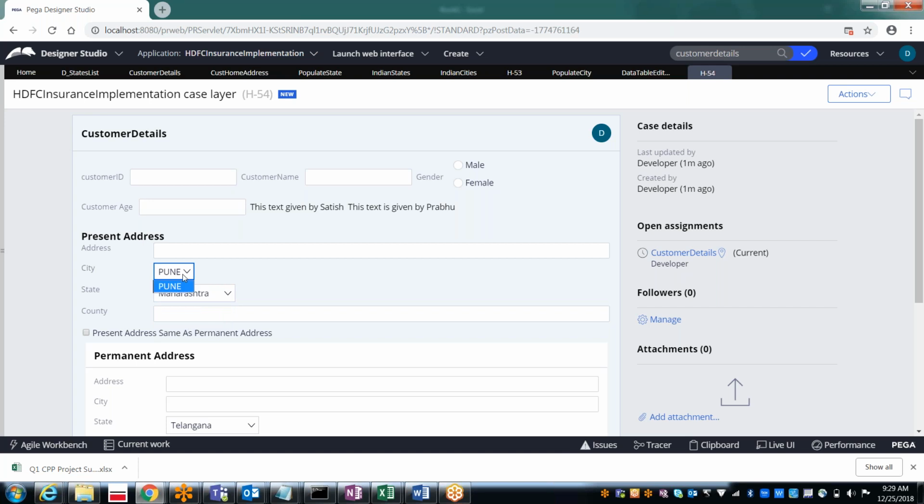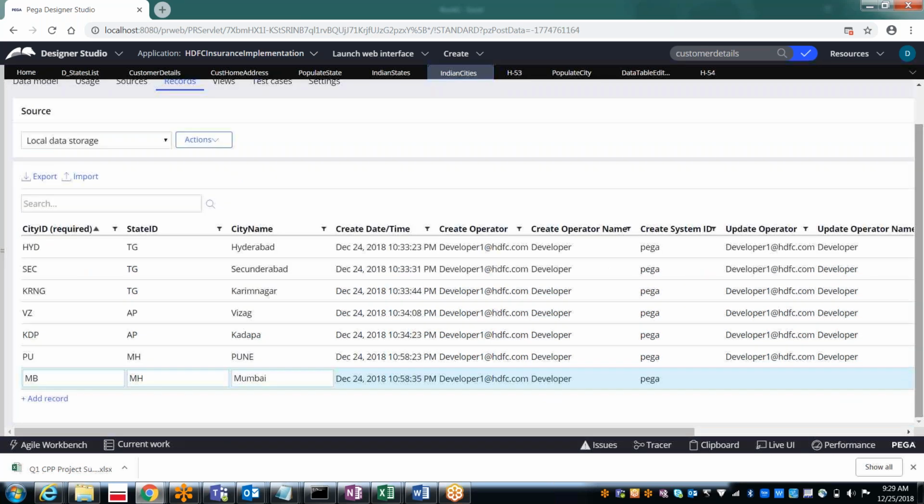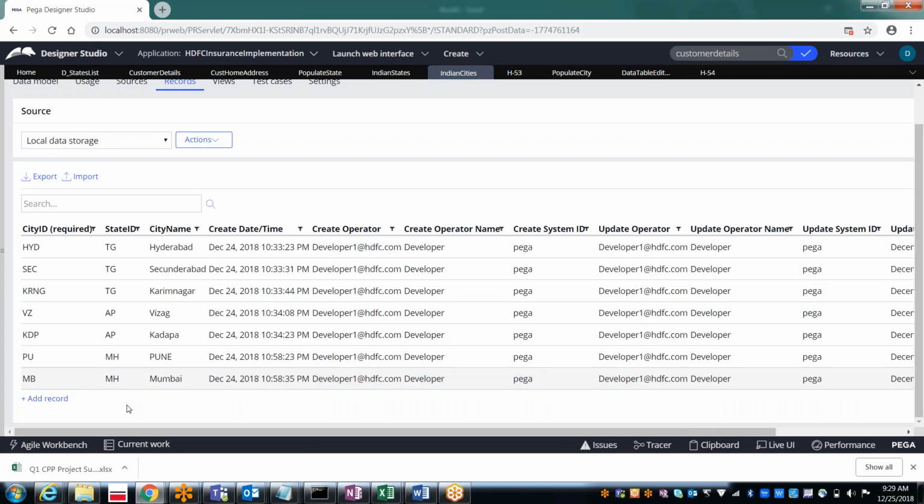Why is Mumbai not coming? Why is it not coming for Mumbai? We didn't save it. Exactly, I already told you. Until you click outside of the record, it will not be saved.